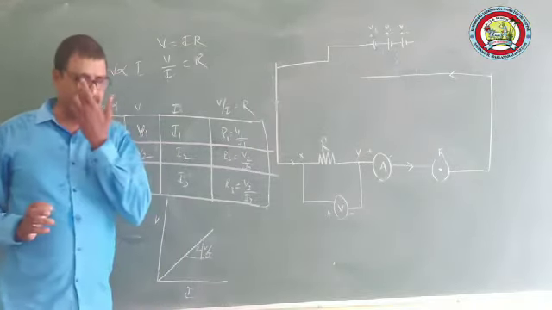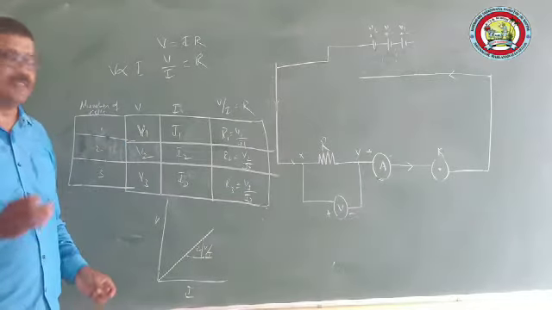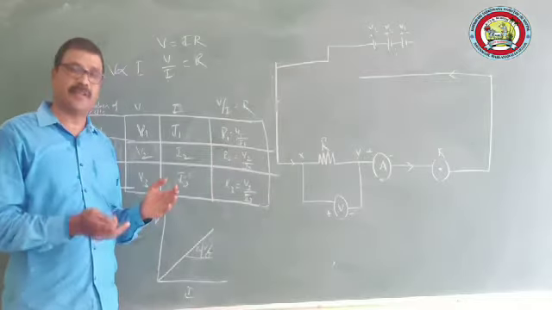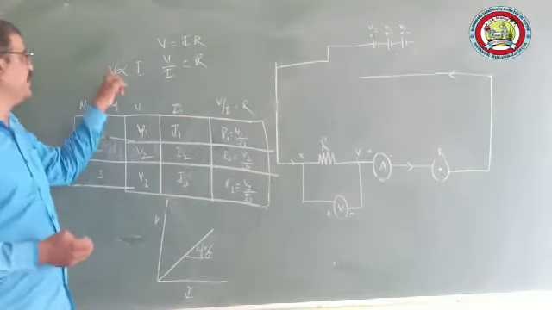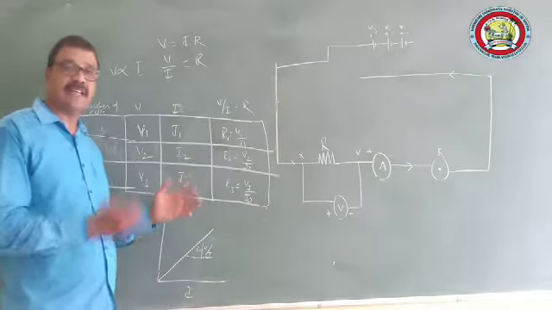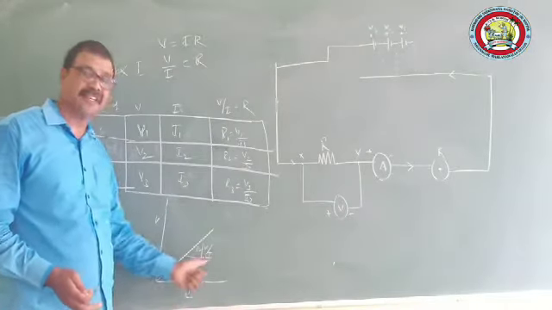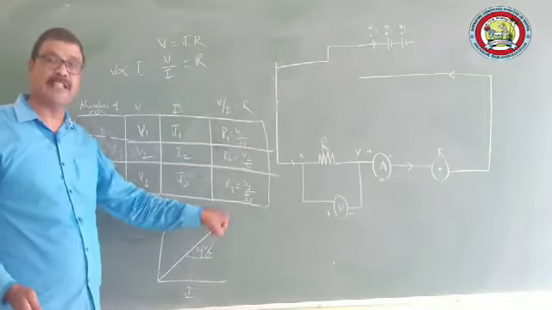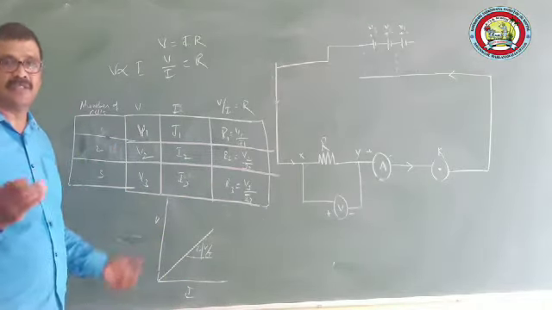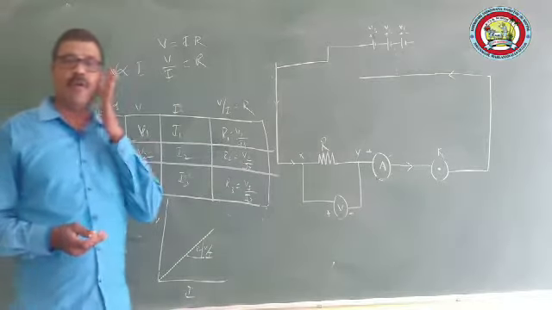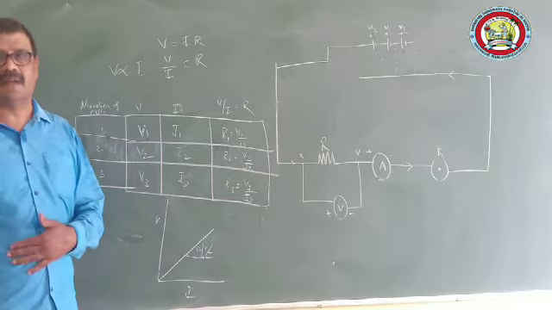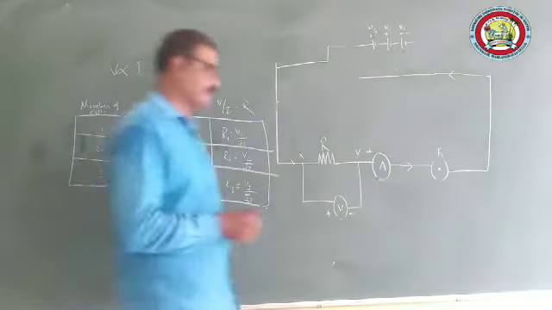So we have studied electric current, potential difference and resistance. Then we have verified, by using a circuit, Ohm's law, whether V is directly proportional to I or not. So how did we show that V is directly proportional to I? By plotting it on a graph sheet, where we showed that there is an exponential growth here. So I is growing as V is growing. This is what we showed till now. Next we'll see the different factors on which resistance depends.